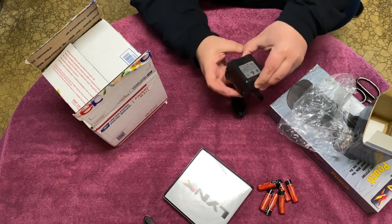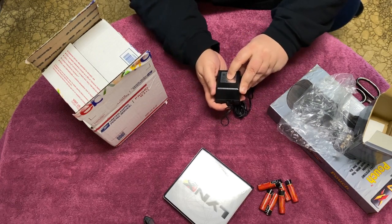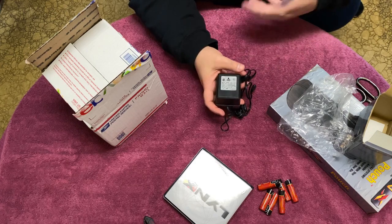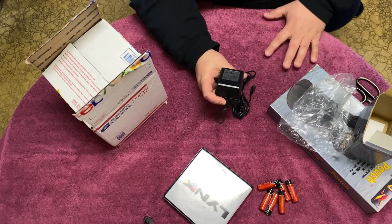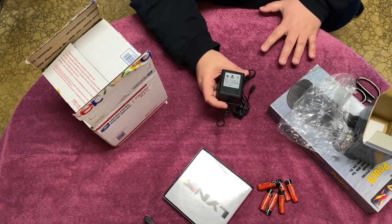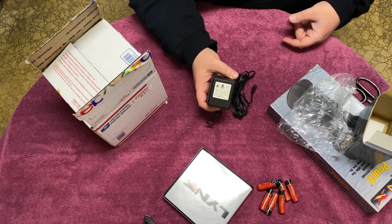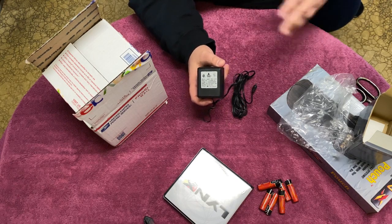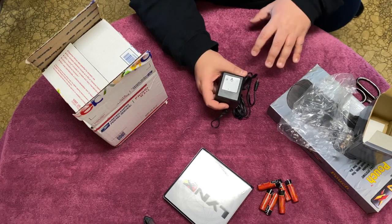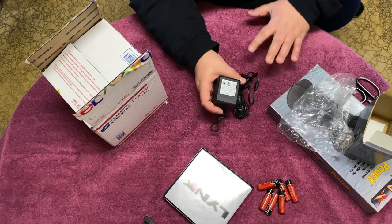But this thing is a problem with the Lynx. As you can, I don't know if you could tell, but the output on this is DC 9 volt 1 amp. Mainly because Atari would just use off-the-shelf parts, and they're known for doing that. Problem is, the Lynx only takes 5 volts. So there's a power transformer in the Lynx, which sort of acts as a step-down converter, that takes the 9 volt from this adapter and converts it into just, only gives the Lynx 5 volts out of it. But here's where the Lynxes go bad. If that MOSFET goes bad, I believe that's the part. I believe that's what the part's called. It's a power regulator. If that goes bad,